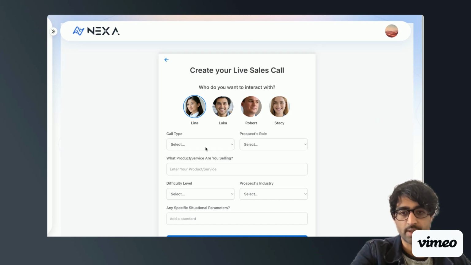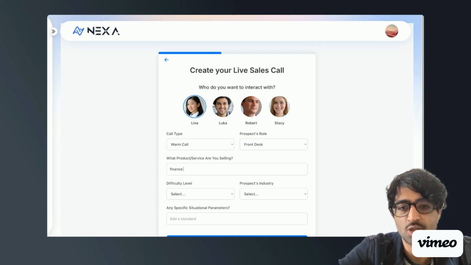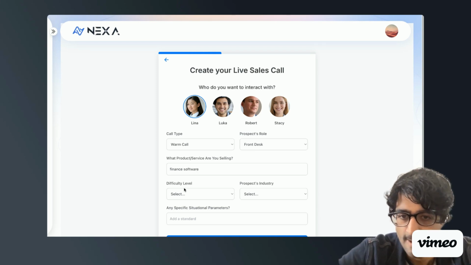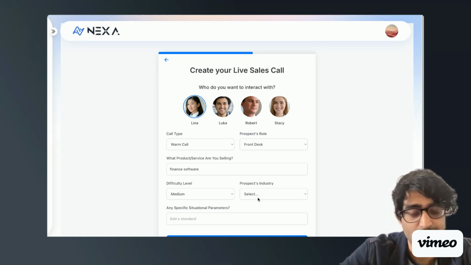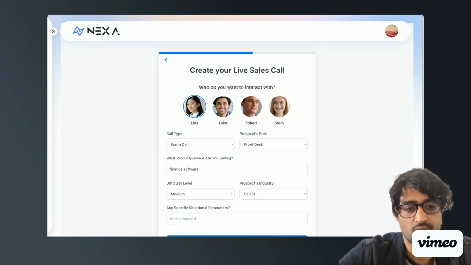So I'm going to go in and create a call with Lena, and let's do a warm call, and let's do a front desk. Let's do a finance software. Let's keep it medium because just average of multiple calls if you're experienced.